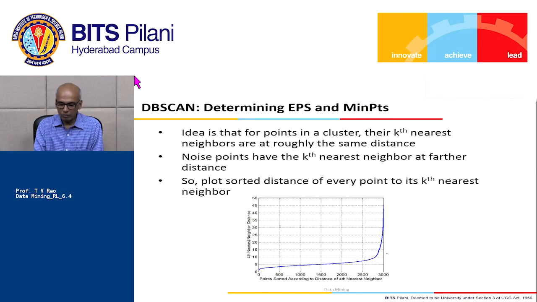And then we plotted this. Now if we think there is a line beyond which it is likely to be noise, then we can suitably define the epsilon and min points, and thereby get good